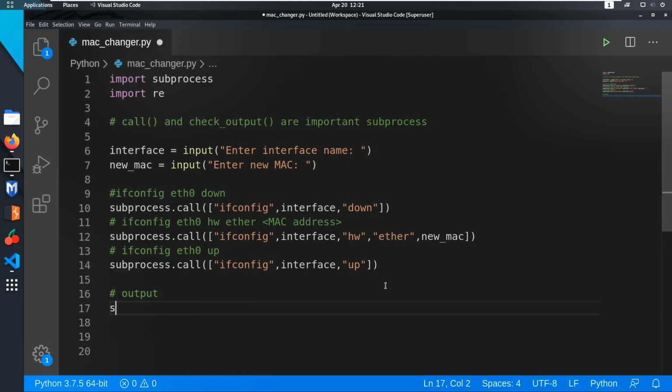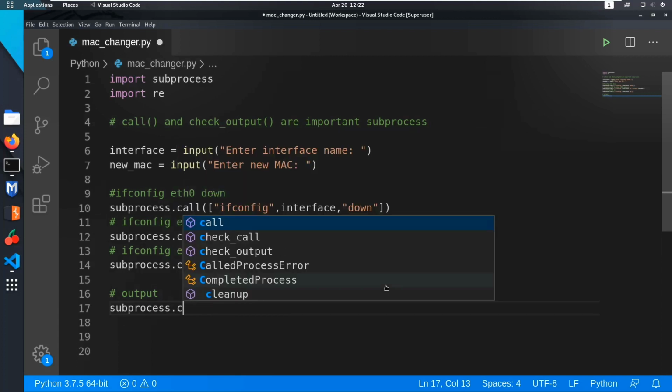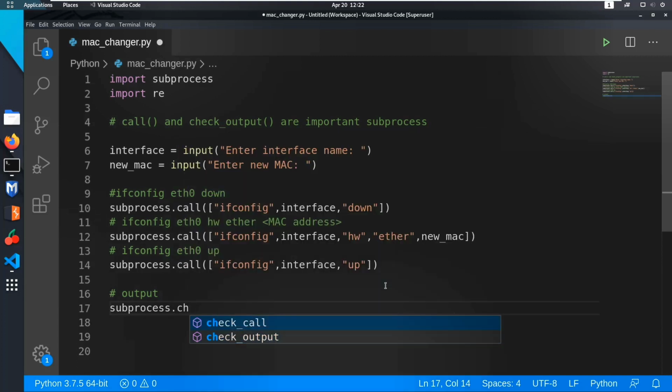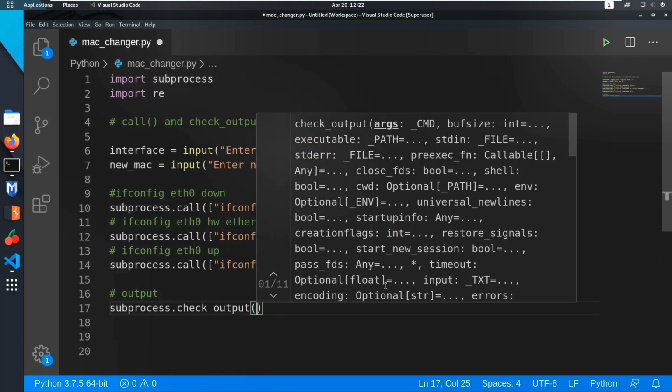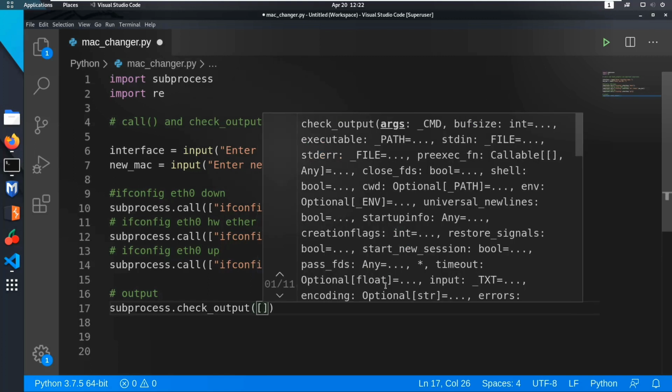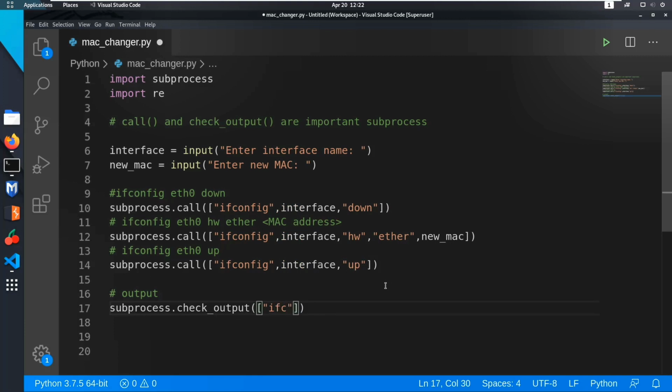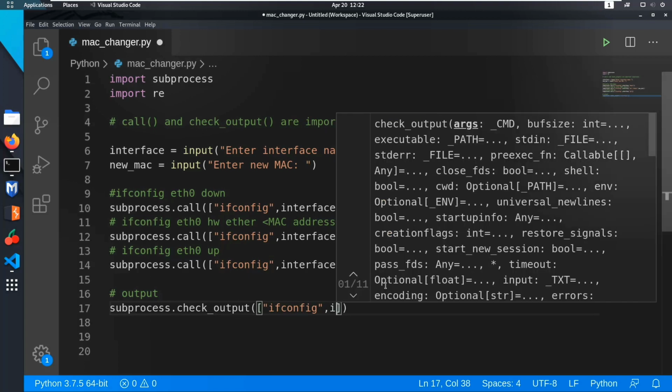Output, and in order to call check_output, we need to call subprocess.check_output, and this also takes a list of strings: ifconfig, comma, and also interface.